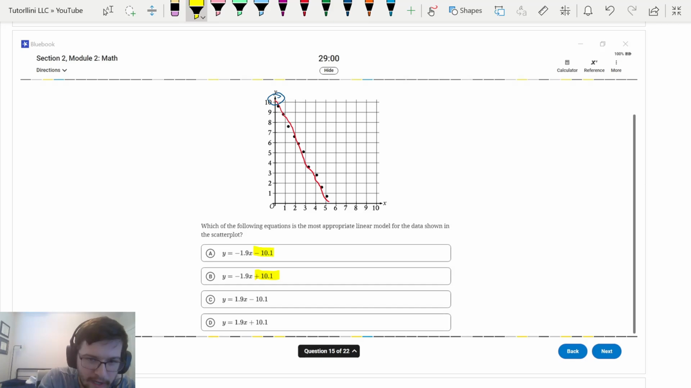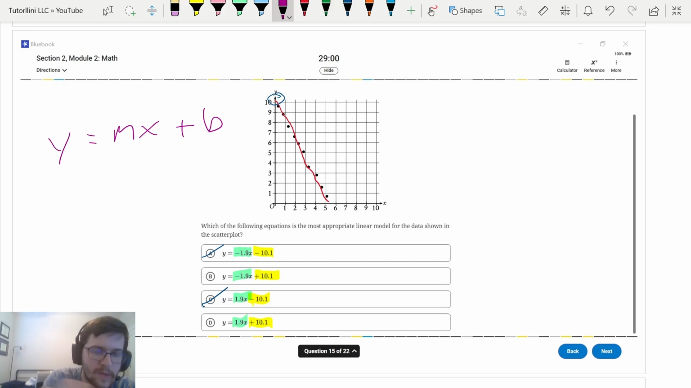I'm going to highlight all the y-intercepts in yellow. So see how A and C, they have a negative y-intercept, so that can't be right. And now we look at the slope, which is here for all of them, mx plus b, right? So a positive slope